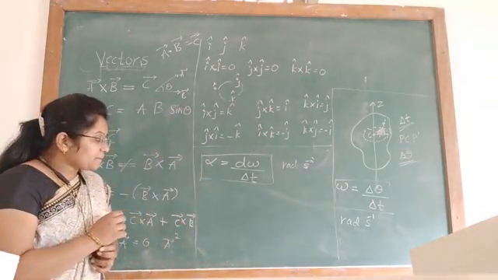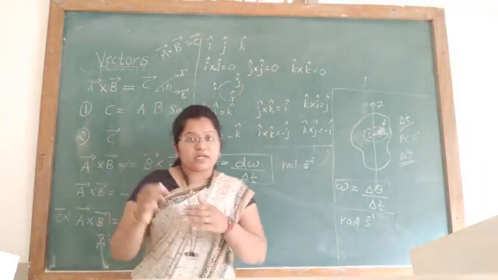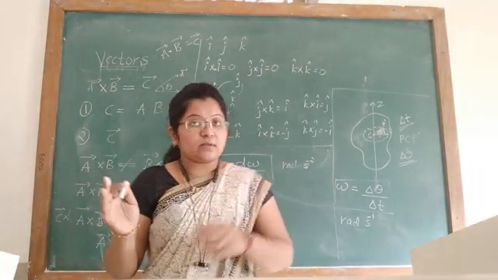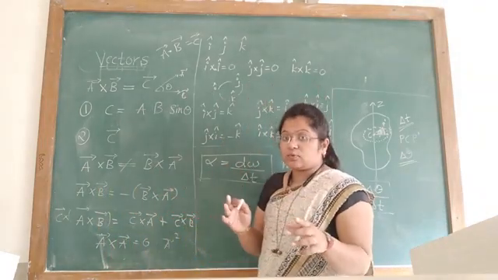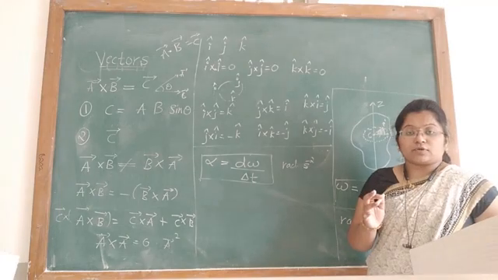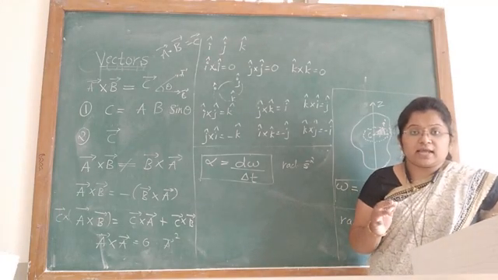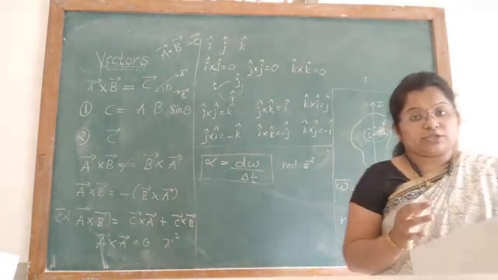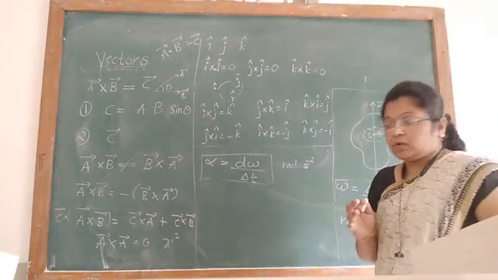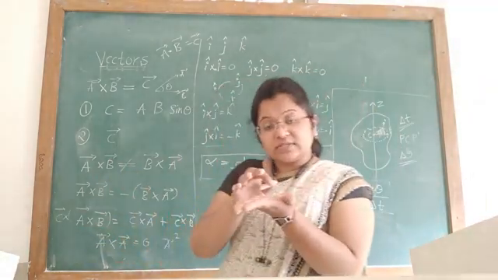Okay. Now, when any object is moving in a linear motion, you consider linear motion, and I see here what I am doing. I am connecting linear motion and rotational motion for better understanding. I am first telling you about linear motion and then I am connecting it with the rotational motion. Okay. So when any object is moving in a linear motion, linear means straight line.